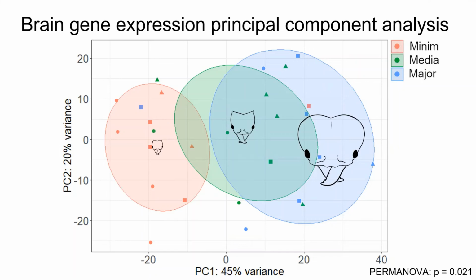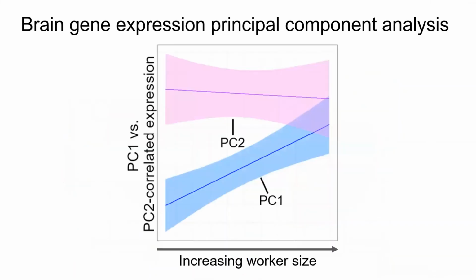So to test this, we measured whole brain gene expression in minims, medias, and majors using RNA-seq, and we found significant differential gene expression, with most of the differences being between majors and minims. And when we performed principal component analysis on our data, as you can see here, we saw that principal component 1 explained 45% of the observed variance, and it looks like each of the size groups are spread out in order along that axis. As you can see in this visualization, PC1 has a strong correlation to worker size, while